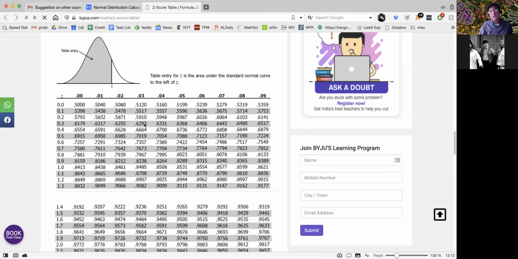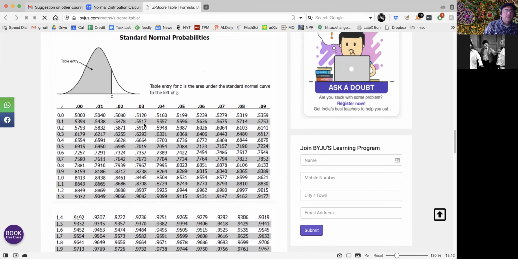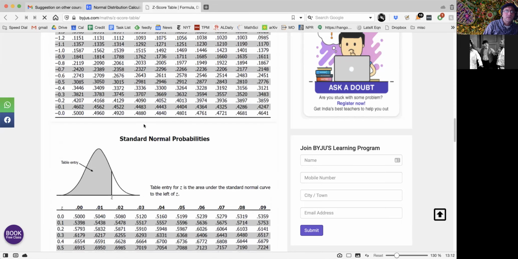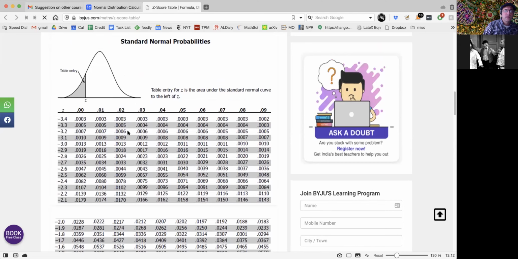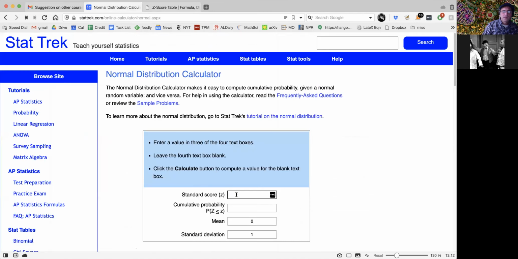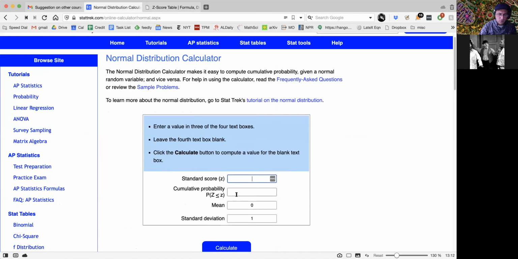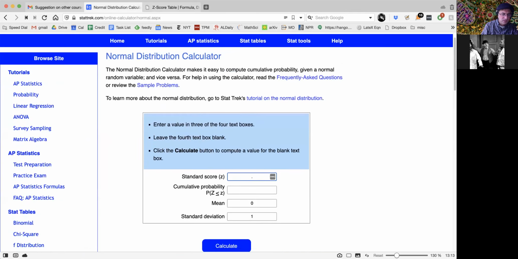So this is one approach to doing this. This is not the very modern way, this is the way things were done in the past. And we have some negative numbers here as well. A more modern way to do this is to use what is called Stat Trek. There are a bunch of different online programs that calculate this for you. So I can put 0.3333, this is 1/3, and